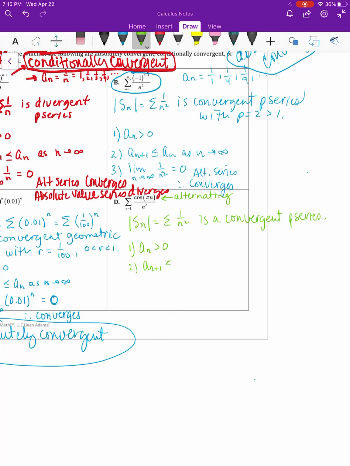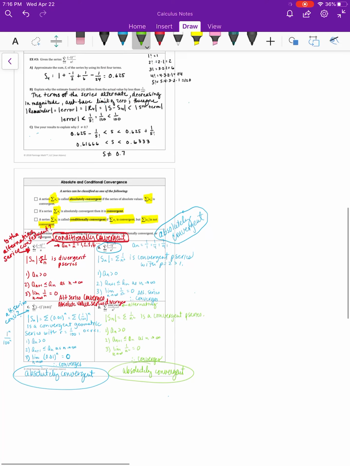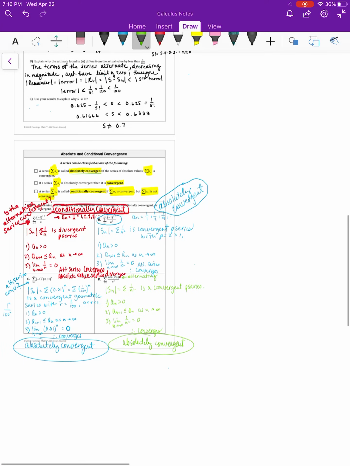Now we want to find out, is the alternating one convergent? First, are all my a sub n's greater than 0? Yes. If you think about 1 over 1 squared, 1 over 2 squared, they're all greater than 0. Number 2, are they decreasing in magnitude as n goes to infinity? Think about that. Yes, they are decreasing in magnitude. The limit as n goes to infinity of 1 over n squared is 0. So therefore, my alternating series